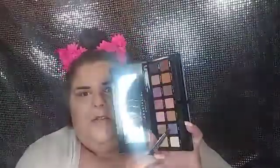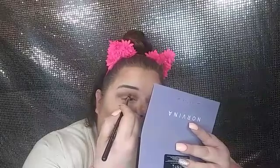Okay, I'm going to go into a small shader brush, or sorry, a duo fiber blend brush. This is an E41 by Sigma. And I'm going to go into Soul, which is this purple color here. How could we do this without using that really gorgeous purple? I got product on my brush, and then I'm going to do kind of a